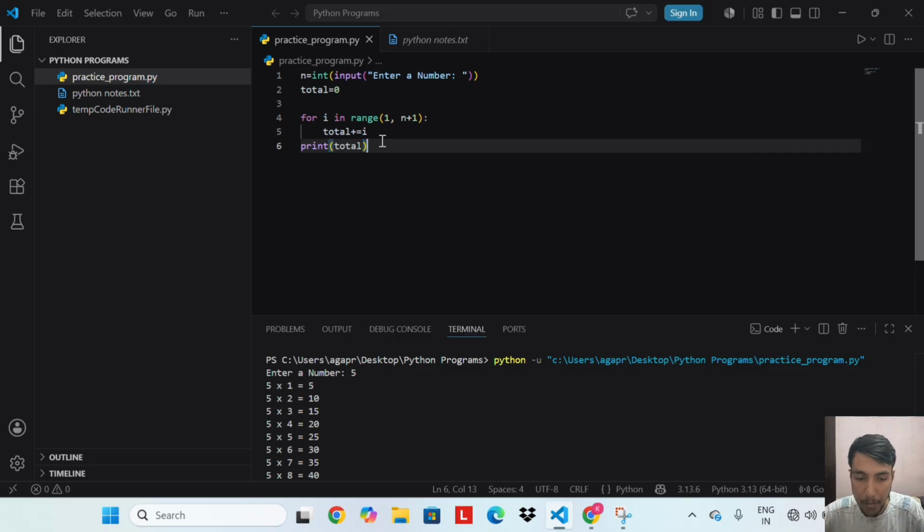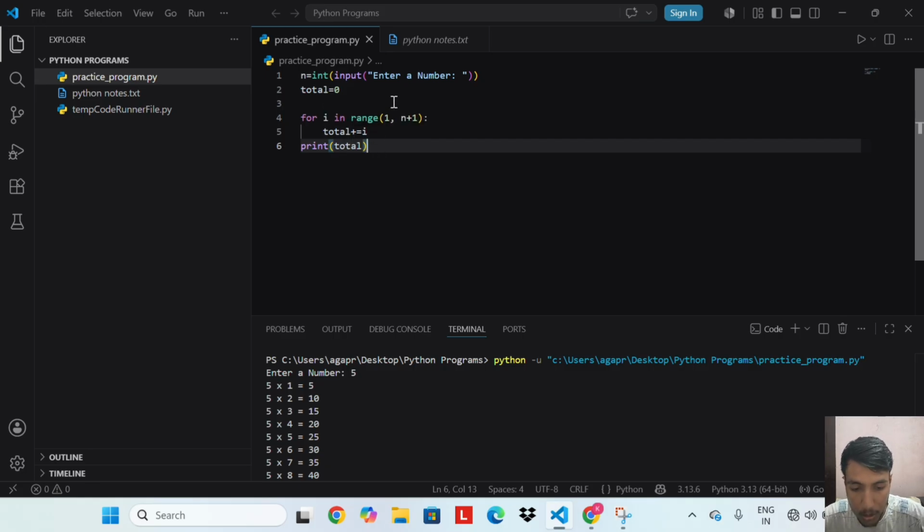We take a number n as input. We create a variable total and set it to 0. This is our running total. We will keep adding to it. The loop runs from 1 to n. In each round, total += i adds the current value of i to the total. If n is 5, round 1 adds 1, total is 1.